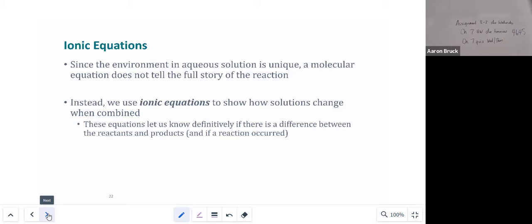My physical examination of the reaction gives me nothing to work on. When I look at the chemical equations, at least initially, doesn't give me a whole lot to work on. But an ionic equation solves that for us by saying, okay, in this particular case,